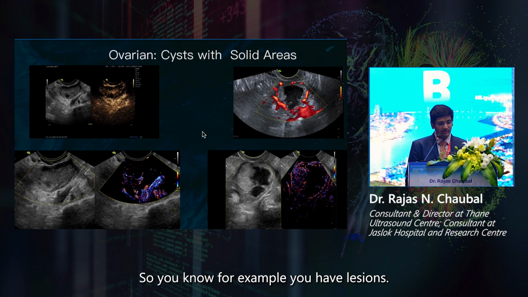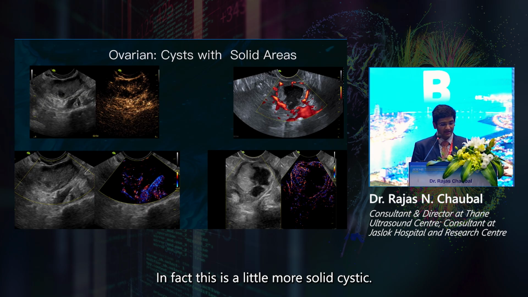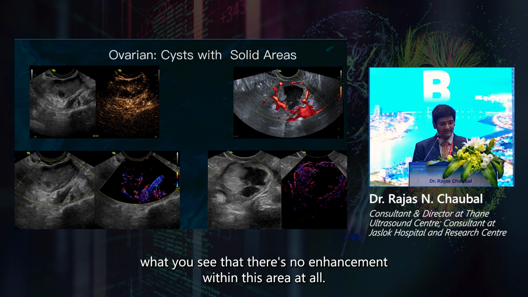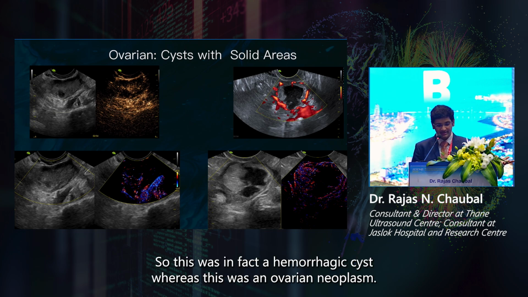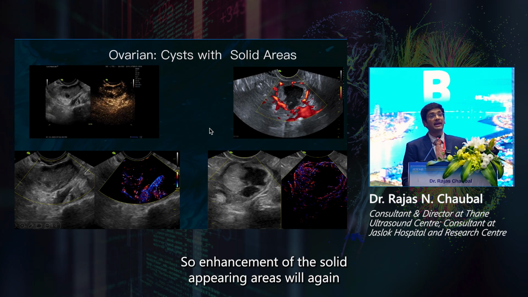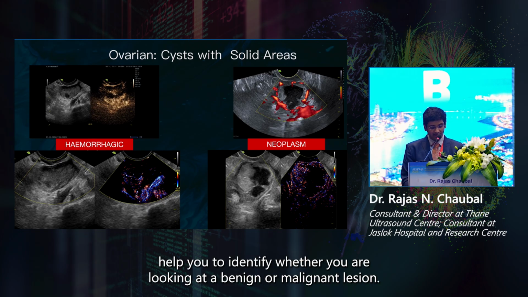So here, for example, you have lesions, both of these are solid. In fact, this is a little more solid cystic, but when you give contrast, what you see is that there's no enhancement within this area at all, right? And that is again confirmed on the URM. So this was in fact a hemorrhagic cyst, whereas this was an ovarian neoplasm. So enhancement of the solid appearing areas will again help you to identify whether you're looking at a benign or